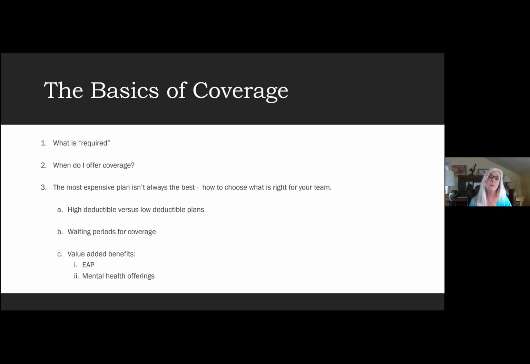So mental health benefits are an important part of the conversation of benefits, but it's important to know that mental health benefits are a mandatory benefit in all health plans. So it's not something that you don't have. It is something that is just naturally a part of the benefit package.